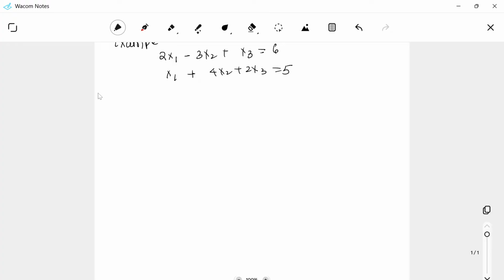So now this system of equations can be written as